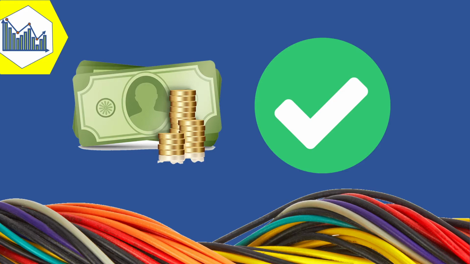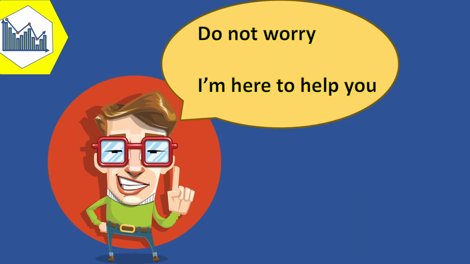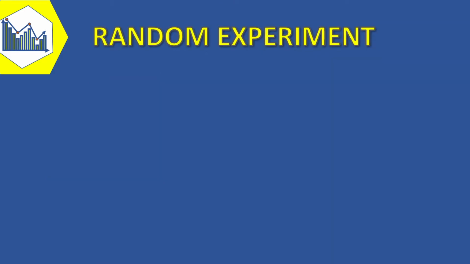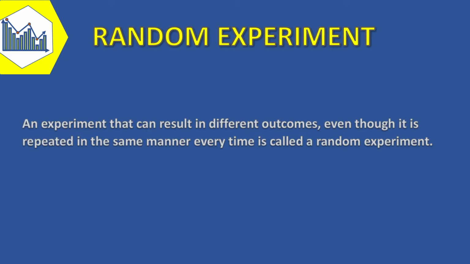However, the slightest variation in call number or duration would result in some calls being blocked by others. You see how this variation can make our job hard in order to model the behavior of a variable. But don't worry, we always have a solution to deal with such nasty problems. Now, it's time to give you the definition of random experiment. An experiment that can result in different outcomes, even though it is repeated in the same manner every time, is